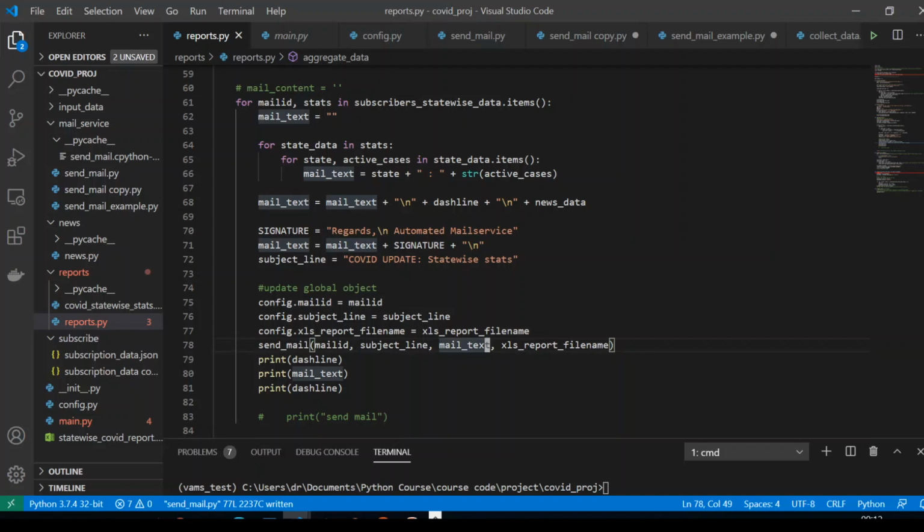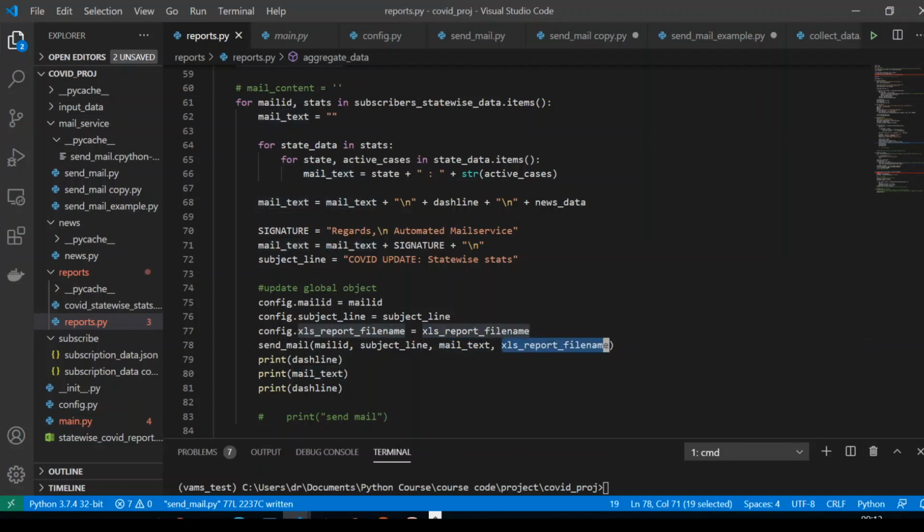Yesterday we were trying to write this. The send mail will contain the mail ID of a recipient, in our case a subscriber's mail, and then the subject line is defined here. And then the mail text we have formed from the news as well as the state report, and then this is a file we have generated.